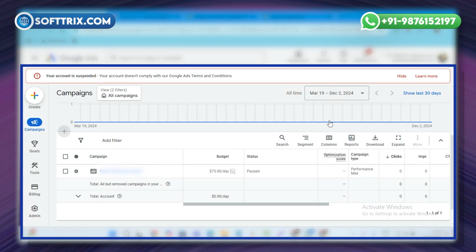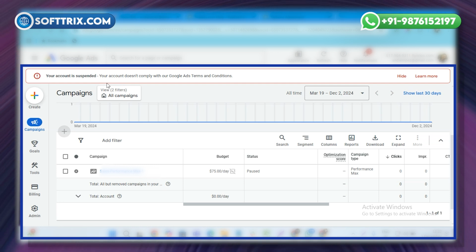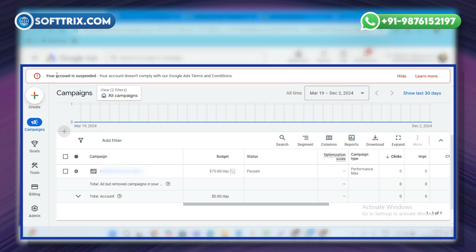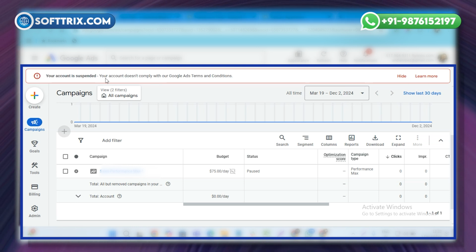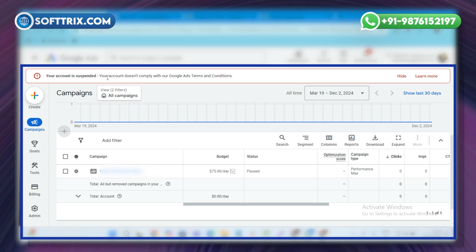So we are on the screen and you can see one of my accounts is suspended. For all suspended accounts, you can find the suspension notification on top in red color. This account is suspended due to Google Ads terms and conditions. For every suspended account, if you have fixed the issue, you then need to raise an appeal, and in